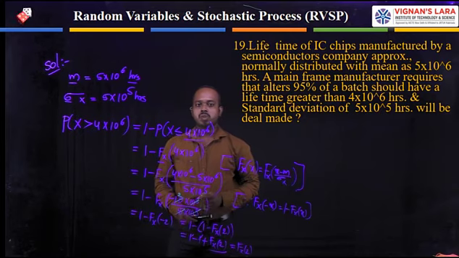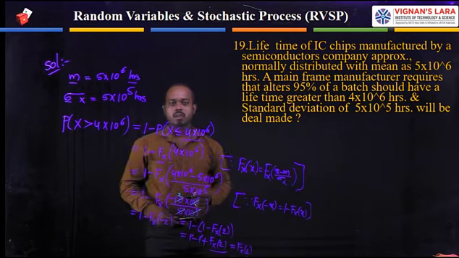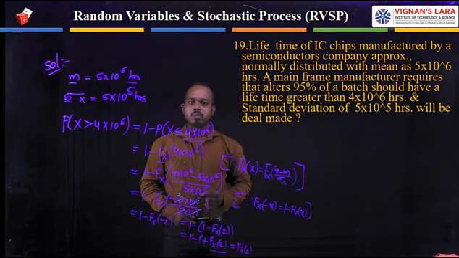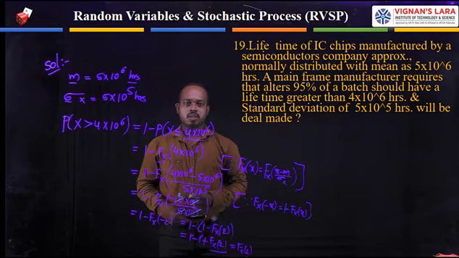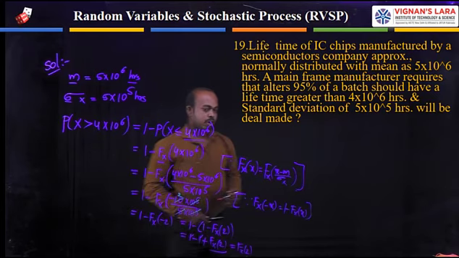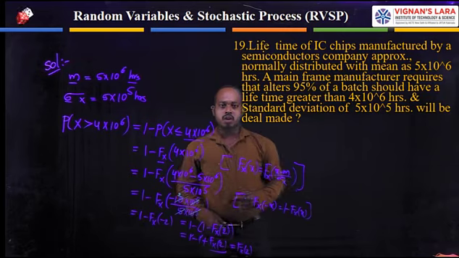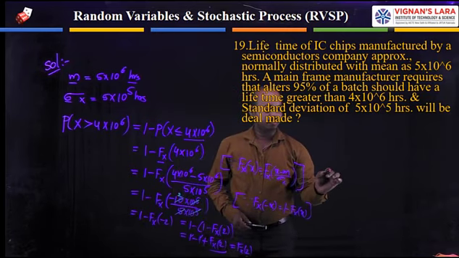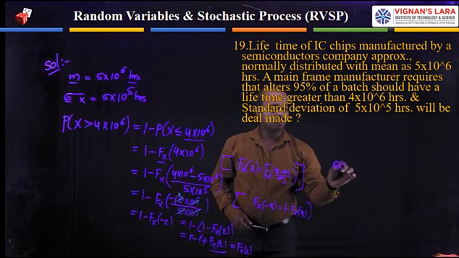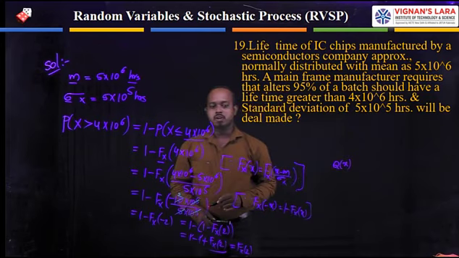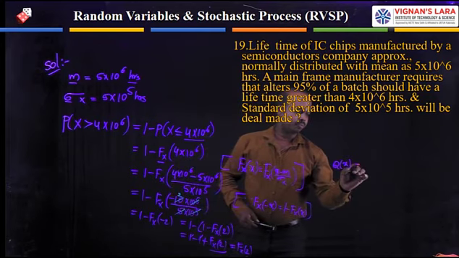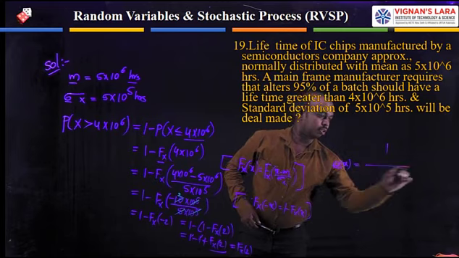How to find this one? Already we know that by using the Q function, we are able to find the Gaussian transformation value. Here I am writing the Gaussian transformation value in terms of Q function. The Q function we are writing, Q of x is equal to